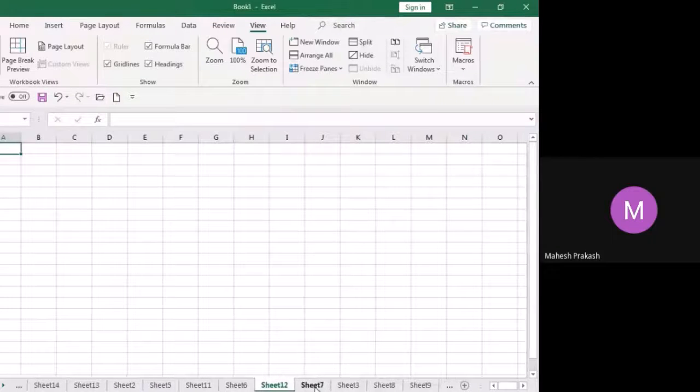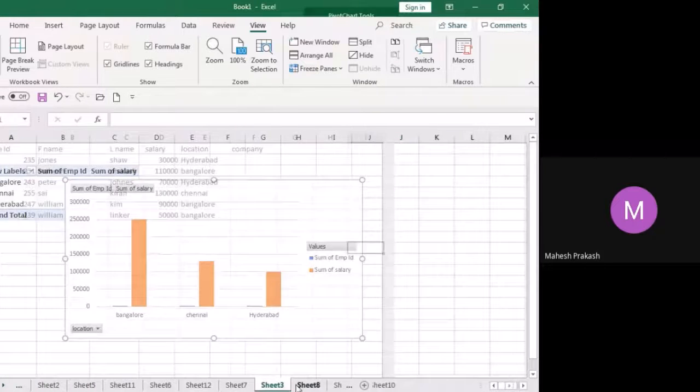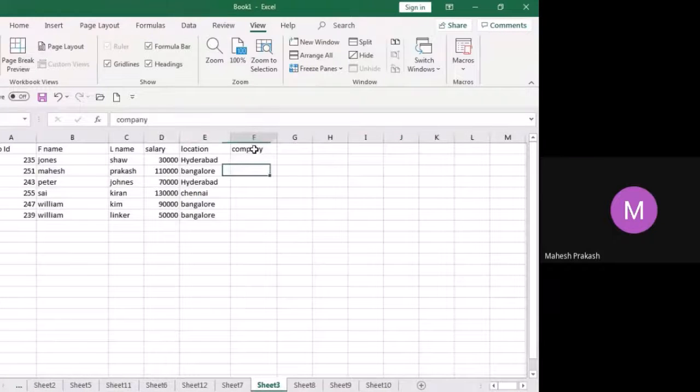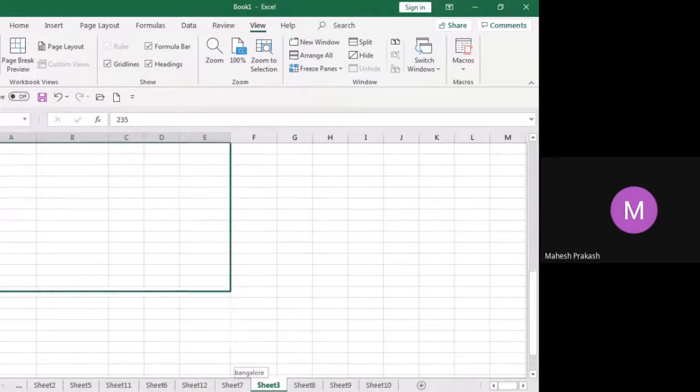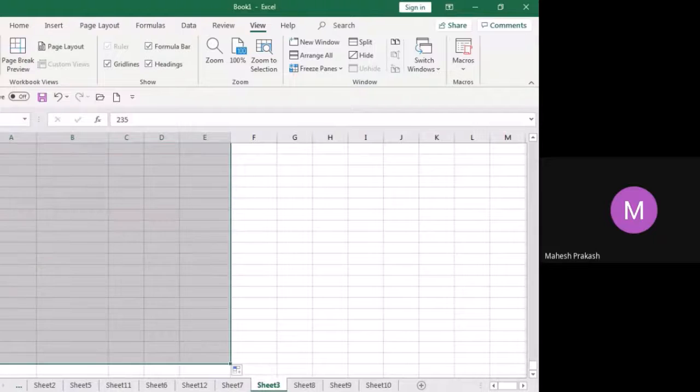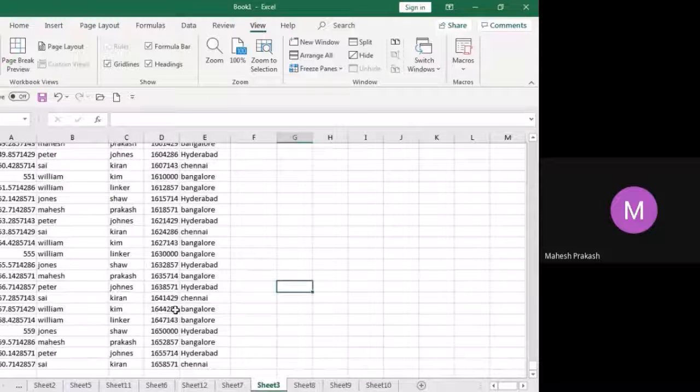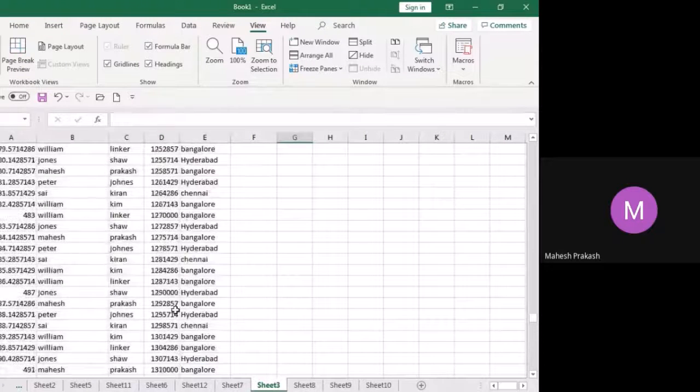We'll take a sheet. Okay, this is the sheet. So imagine there are around 500 records. Now, what is this? Tell me, is this first name or last name?